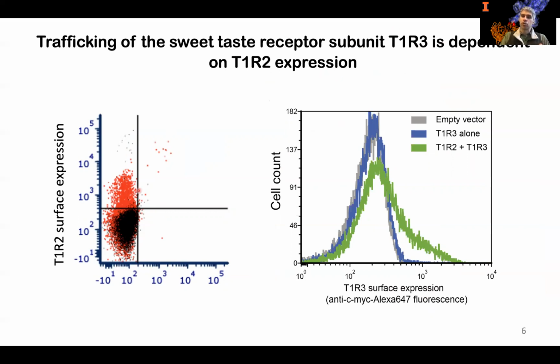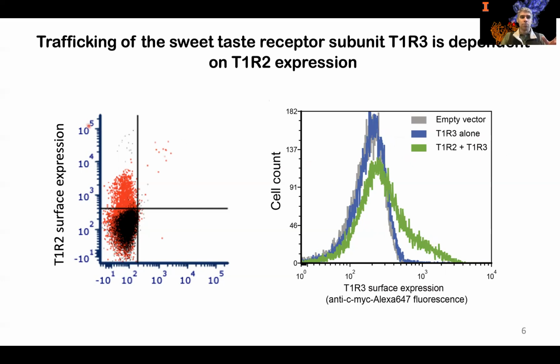When you express T1R2 in human tissue culture, these are all flow cytometry data here. In red is transfected cells, and you can see that the monomeric T1R2 subunit can go to the plasma membrane for surface detection. However, T1R3, shown here in blue compared to the histogram trace of negative cells in gray, can't go to the plasma membrane unless, in green, it is co-expressed with its heterodimeric partner, T1R2. So we thought, aha, here is the basis for an interesting selection to get its structure.